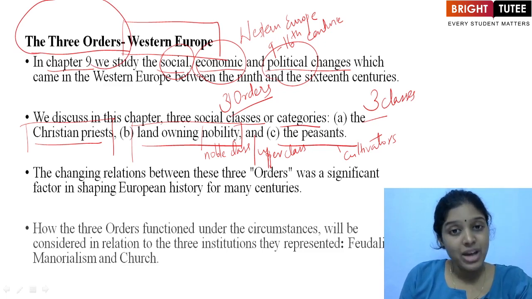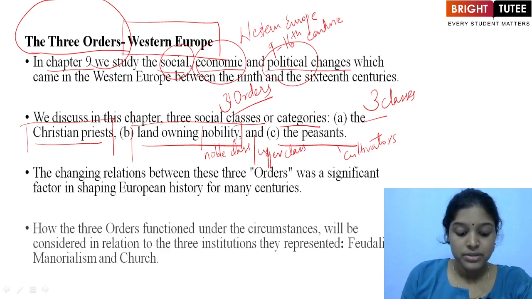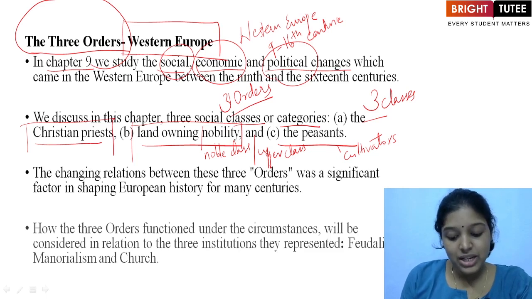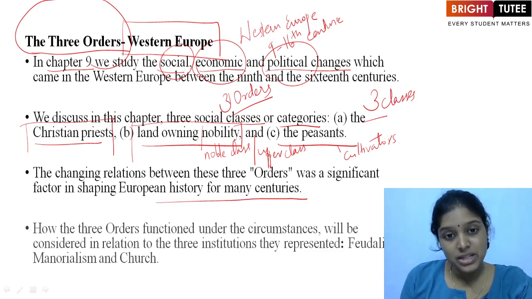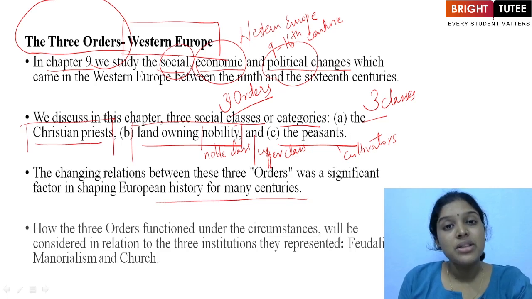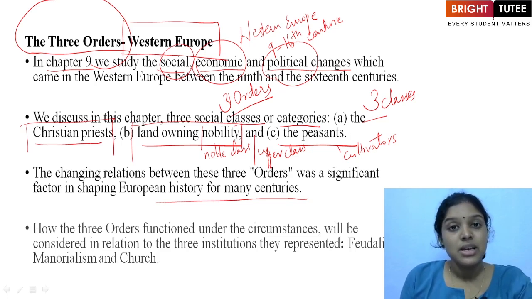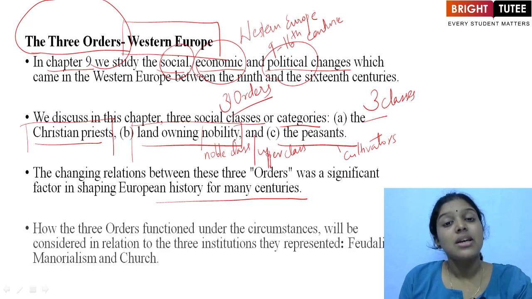And the focus of this chapter will be on the special features, or how the society is divided into three orders and what are its specific features. So the changing relations between these three orders was a significant factor in shaping European history for many centuries. So the relations are changing. It's not stagnant or unchanging, but among the three orders there are social relations, and we'll also see how these relations are changing over a long period of time